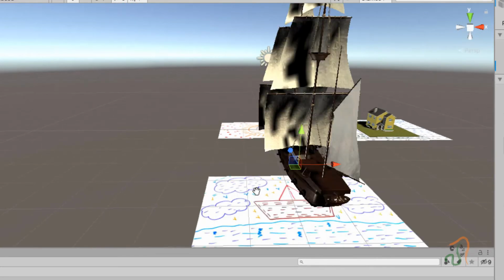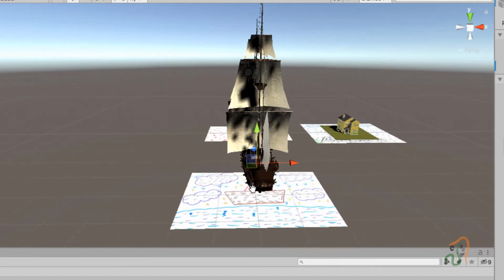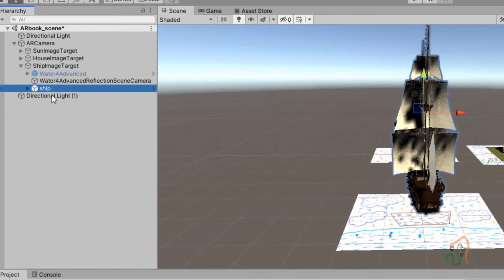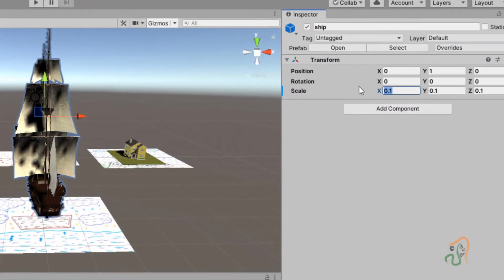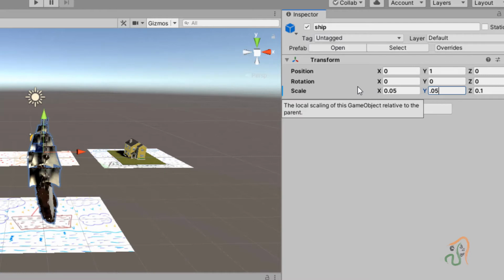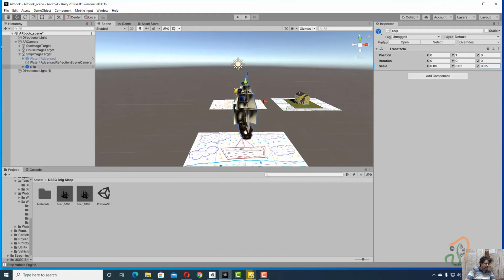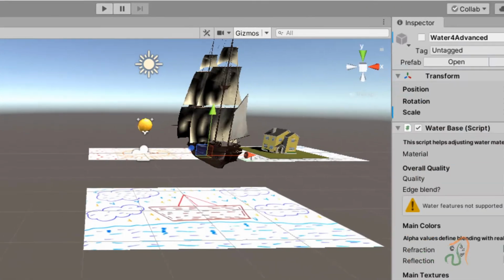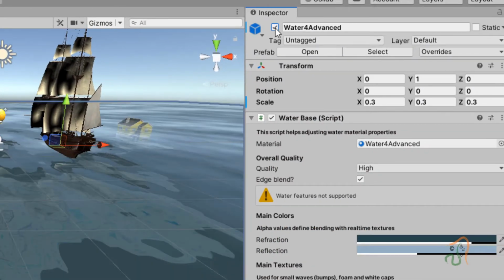So select the ship, and instead of 0.1, let us make it 0.05, 0.05 y and 0.05 z. We have scaled it down further with reference to our image, and afterwards come back to this water advanced, switch it on and see it.